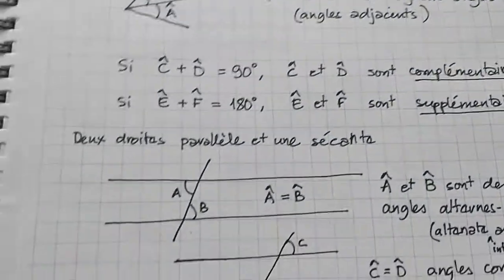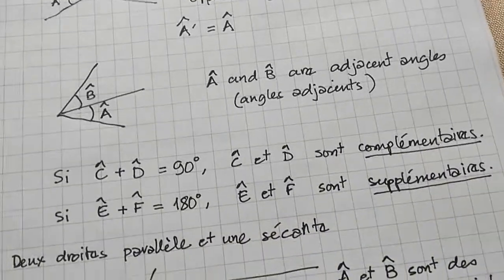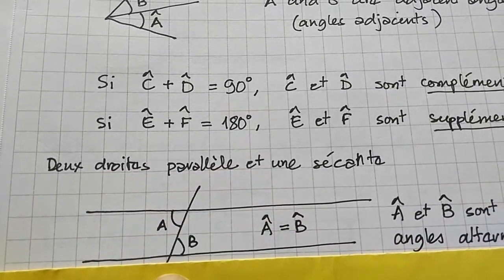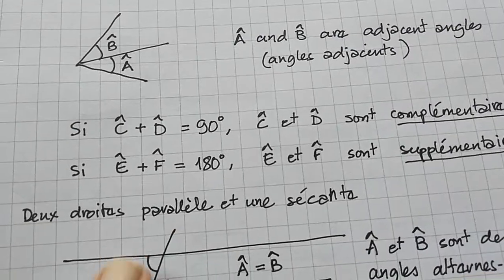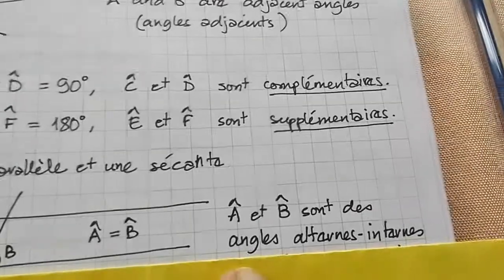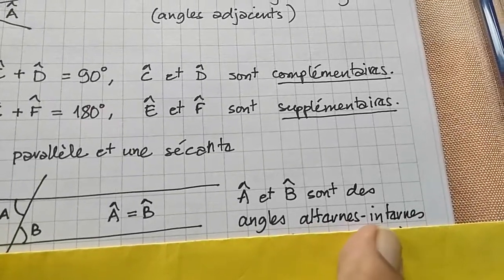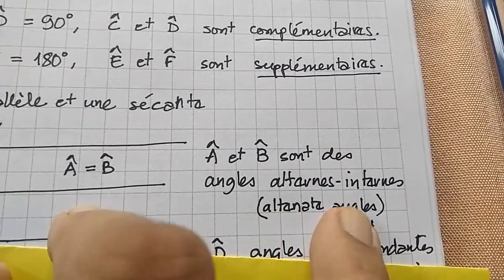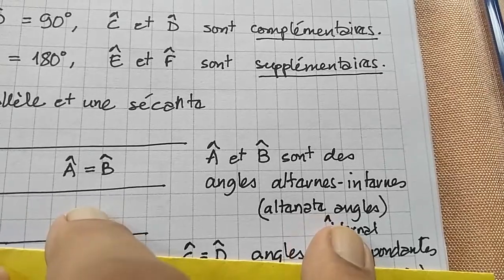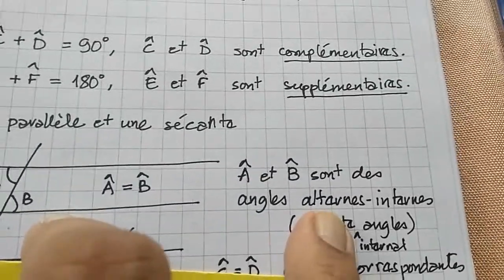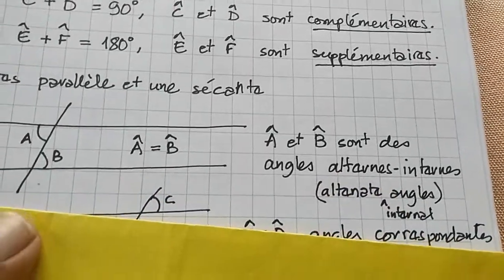Okay, so let's take an example when you have two lines that are parallel, and you have a line, une droite sécante. Then these two opposite angles are equal. They're known as alternate internal angles, angle alterne interne. Sorry, I forgot to write the word internal there. You also have alternate external angles, angle alterne externe, but we don't really need to go into that here.